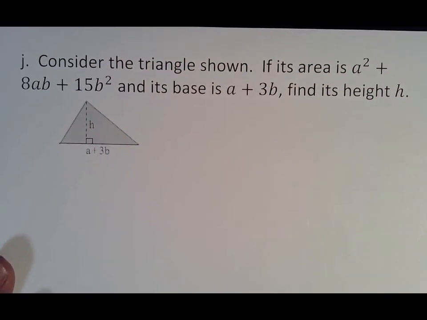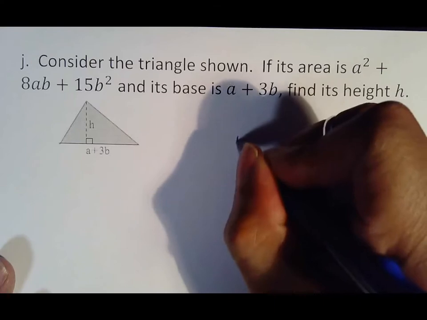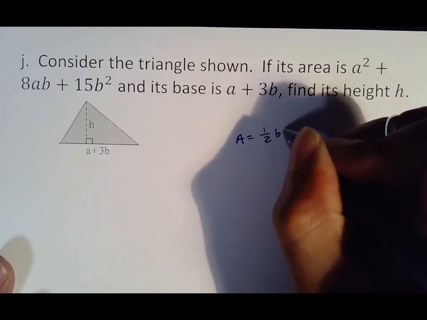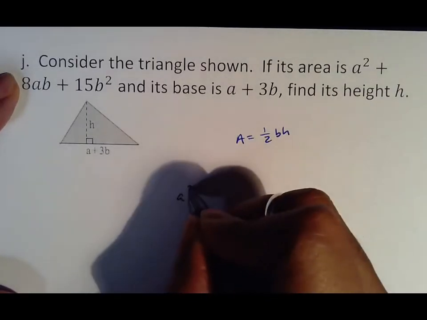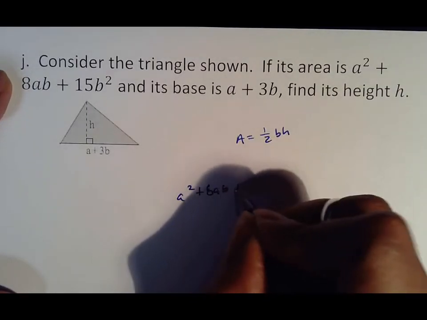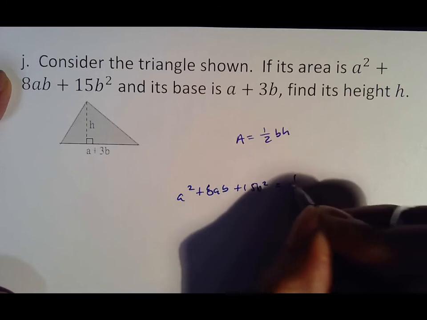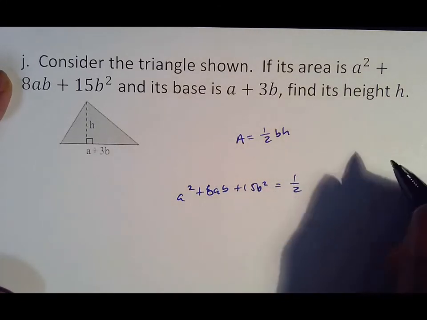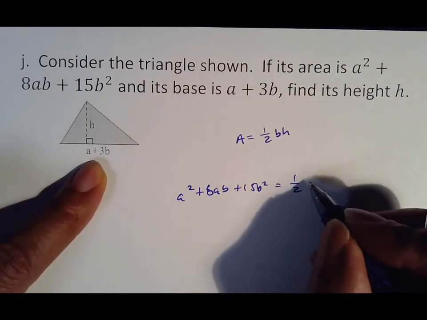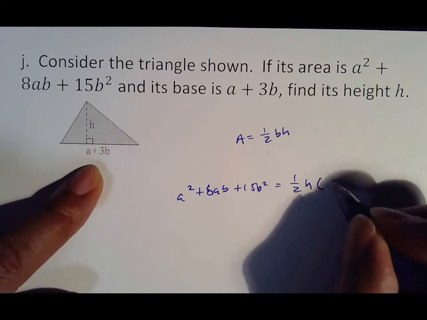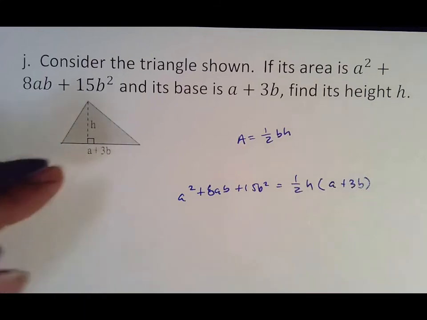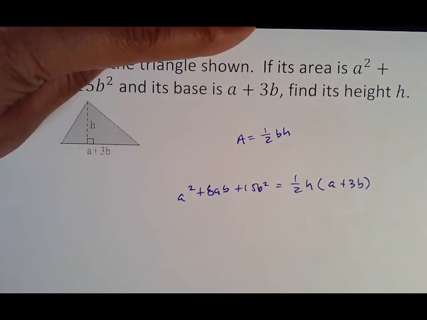Same thing. Area of a triangle, it's important for you to understand that area is 1/2 base times height. Notice again, they gave me the area, so it's a squared plus 8ab plus 15b squared equals 1/2 times base, which is a plus, actually I'll put the h first, 1/2 h times a plus 3b. Well, from what I know,